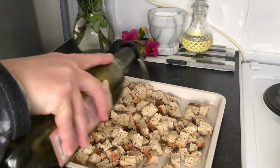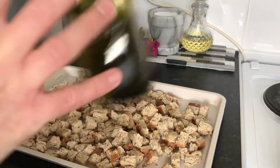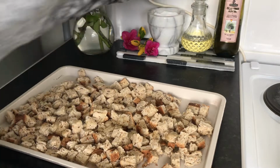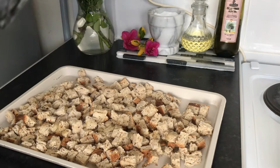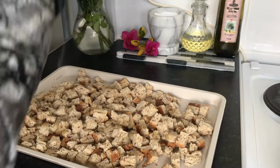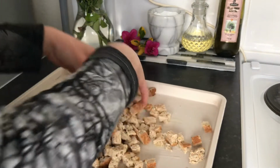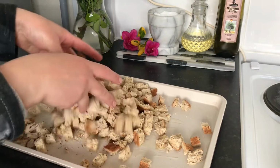I'm gonna add on them like 2 or 3 tablespoons of olive oil. I'm gonna add some salt, like 1 teaspoon of salt or salt to taste. Just mix them a little bit like so,